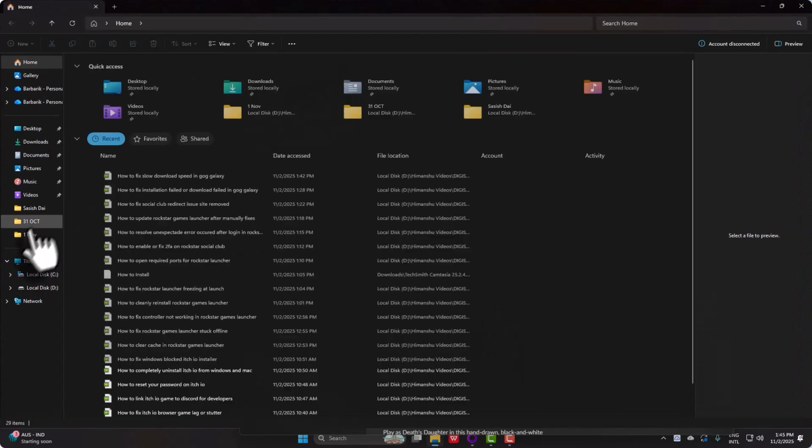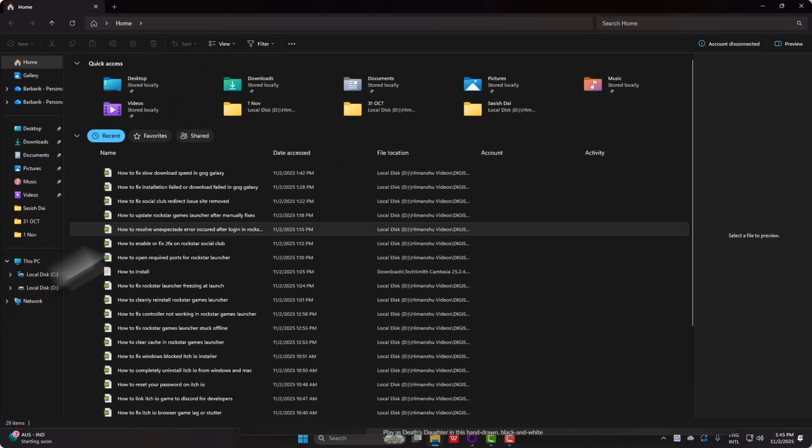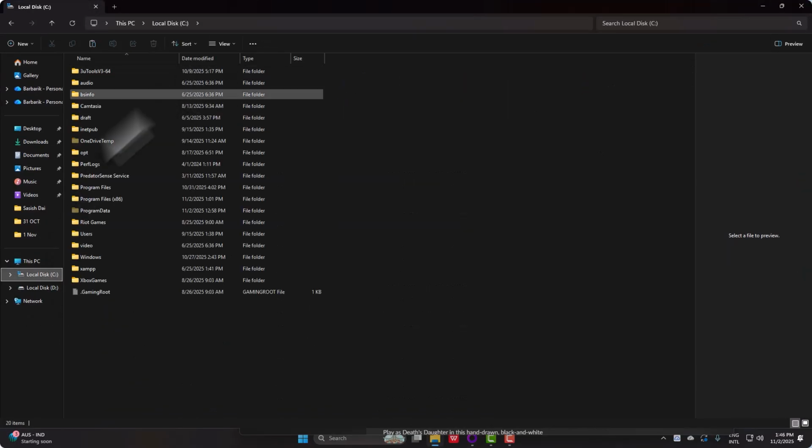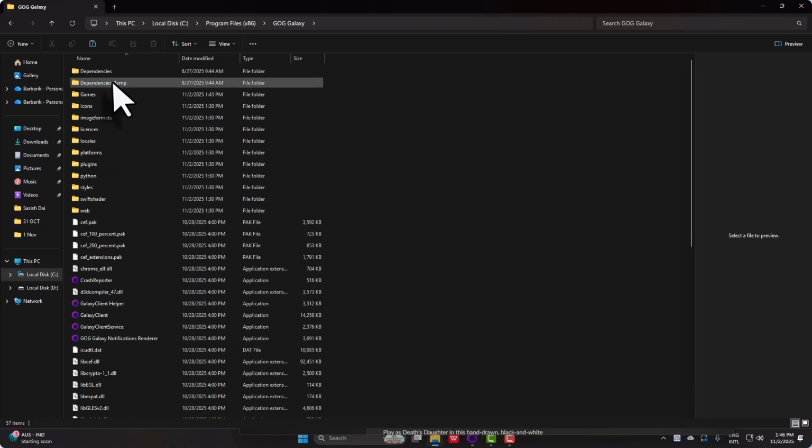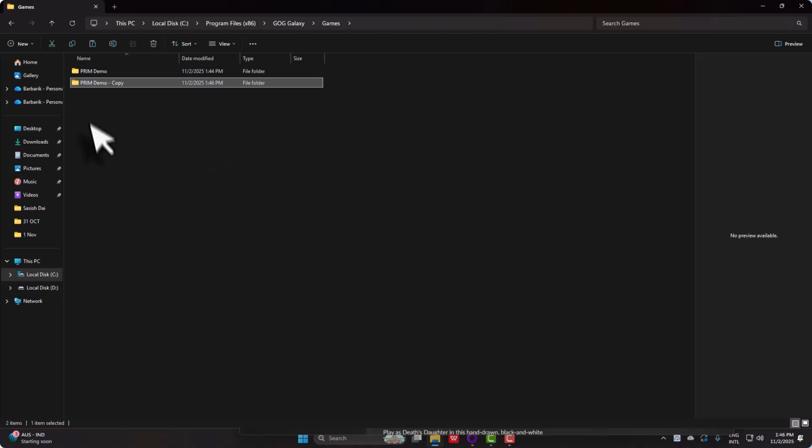And when you've installed it back, you can just paste it wherever your download is going to be on. So simply go to C, program files, and then you simply go to GOG Galaxy games and then go to games and just paste it here just like that. It's just a copy that I've made, but there you go. That's how you manually backup and